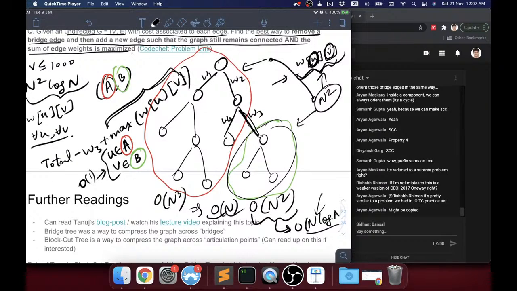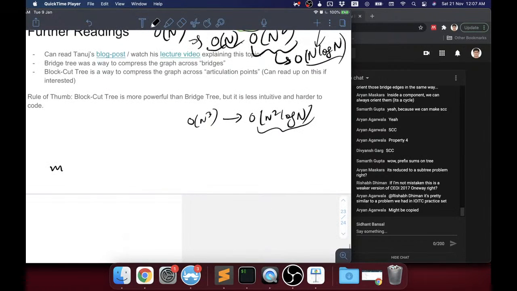And once you find the best candidate, that's it. You just keep on trying for all the edges possible. So your final answer will be max of total minus weight I plus summation u in A, v in B,